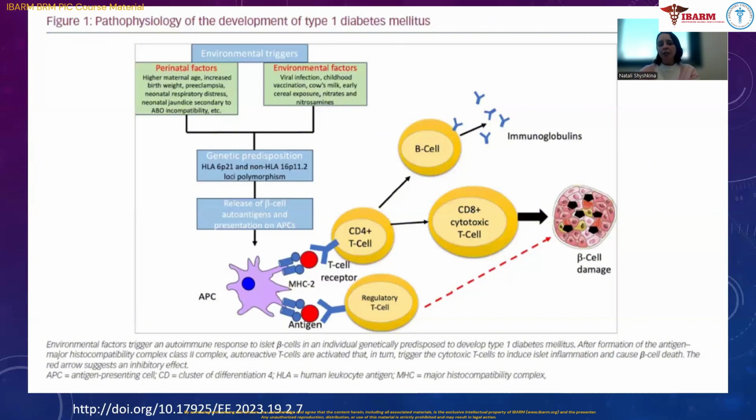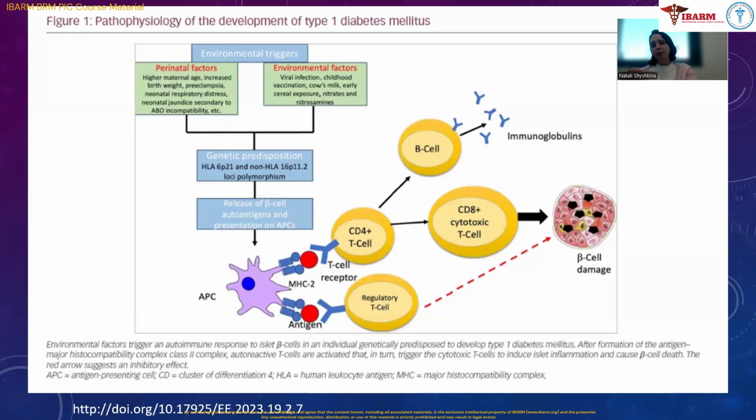So in that case, it will involve interferon gamma, tumor necrosis factor alpha, interleukin 1-6, etc., or other major cytokines produced by pathogenic T cells that lead to